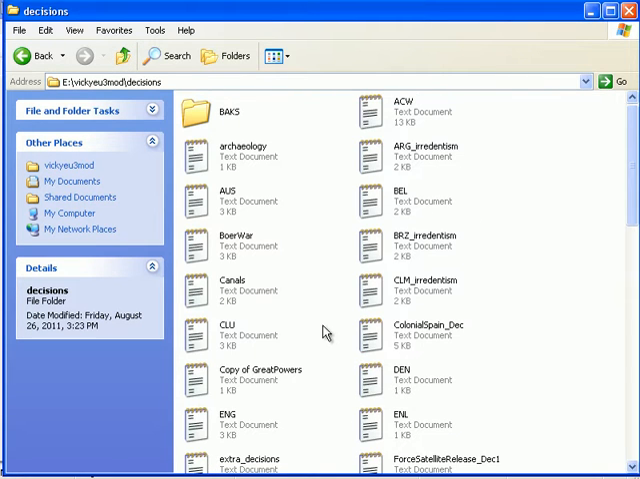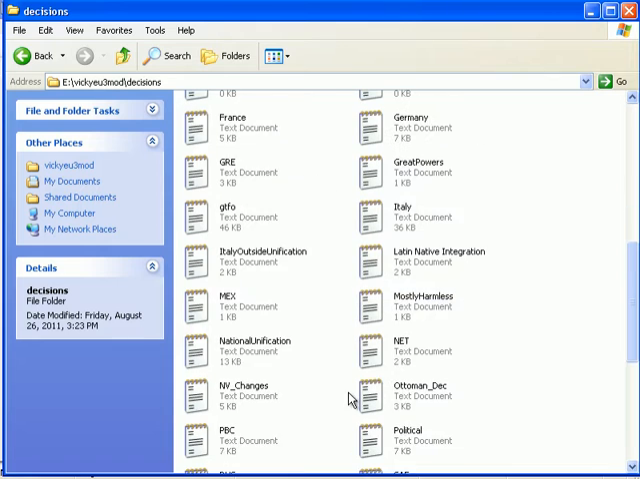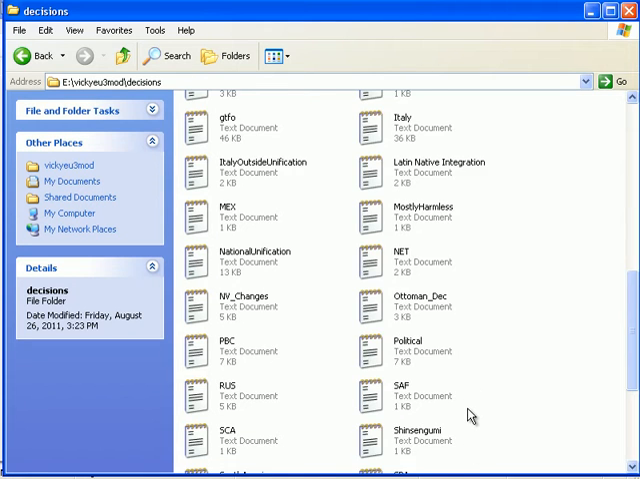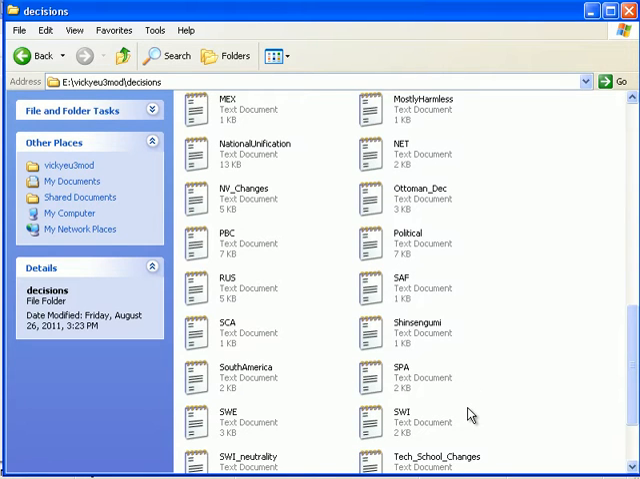Decisions, that's what I was going to do. Okay, these have a lot of them in backs, just my backups, because I was changing stuff. And then this is my national unification folder. I'm not going to show that, because that's secrets. So let's look at